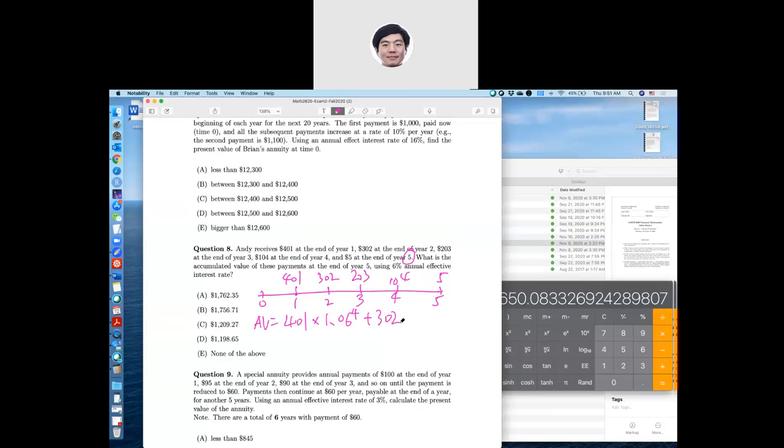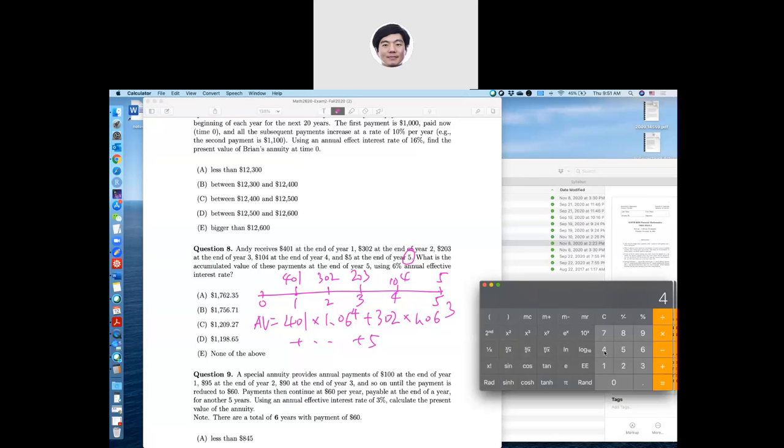302 times 1.06, 3 years. It goes on and on to 5. Right? So let's get the calculator. Forget about any formula at all. So it's 401 times 1.06 to the 4th plus 302 times